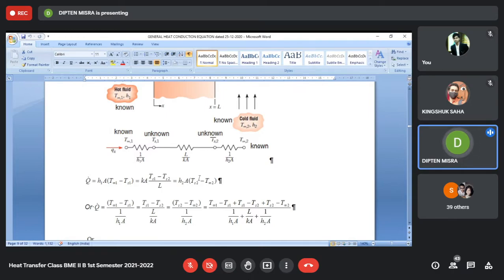One, it is under steady state. Why? What will happen if it is not under steady state? If the body is not under steady state, that means its temperature is changing. And when its temperature is changing, its energy content also will change. Temperature change is the manifestation of energy content changing or not. If the energy content changes, then the temperature will change. If the energy content does not change, then the temperature will not change.